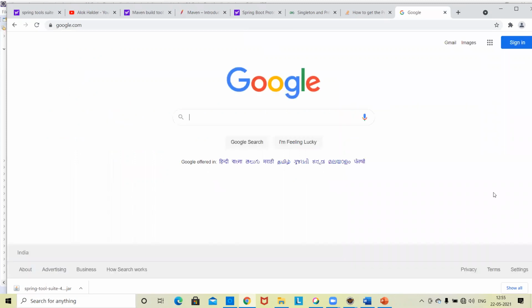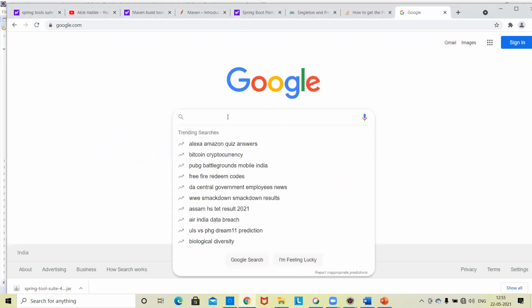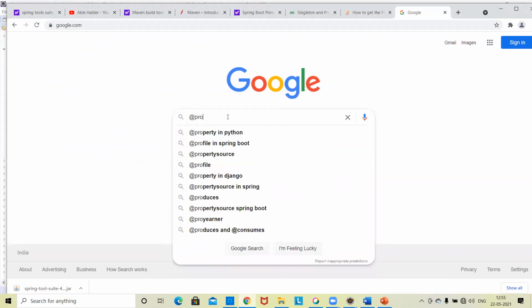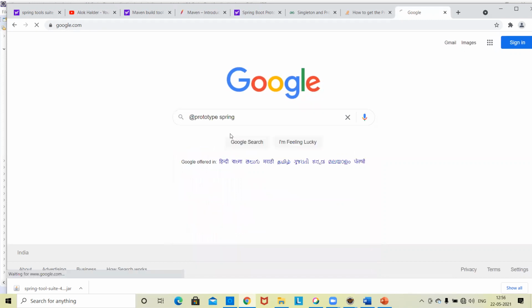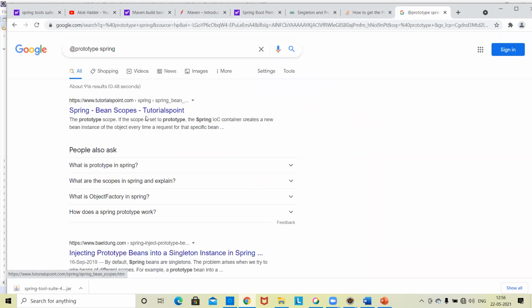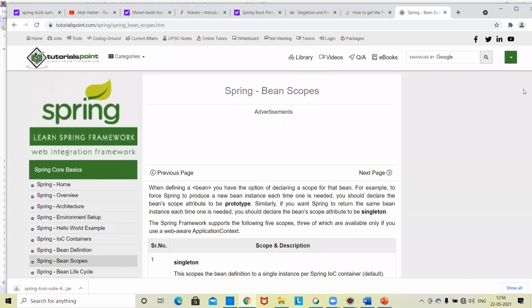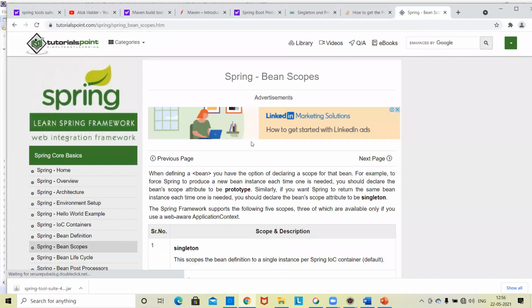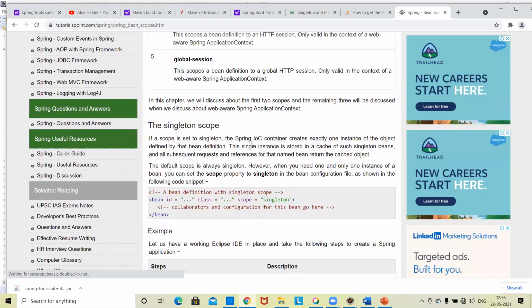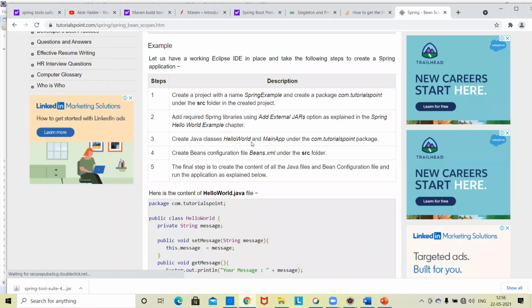You can share in the chat box. Prototype in Spring. I need prototype in Spring Boot.